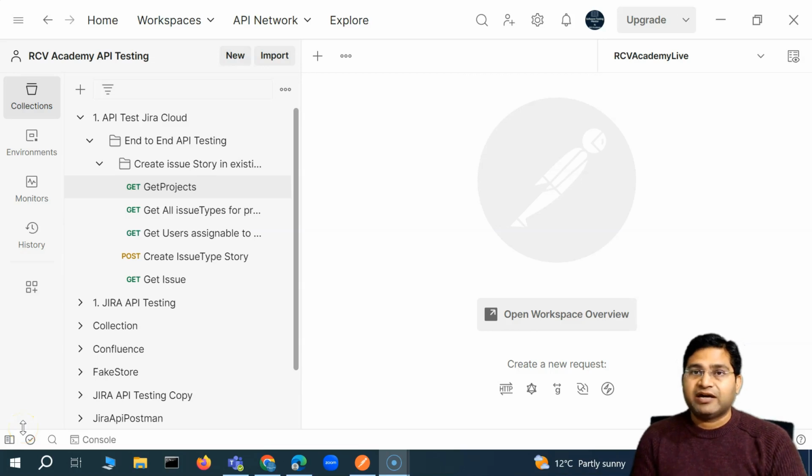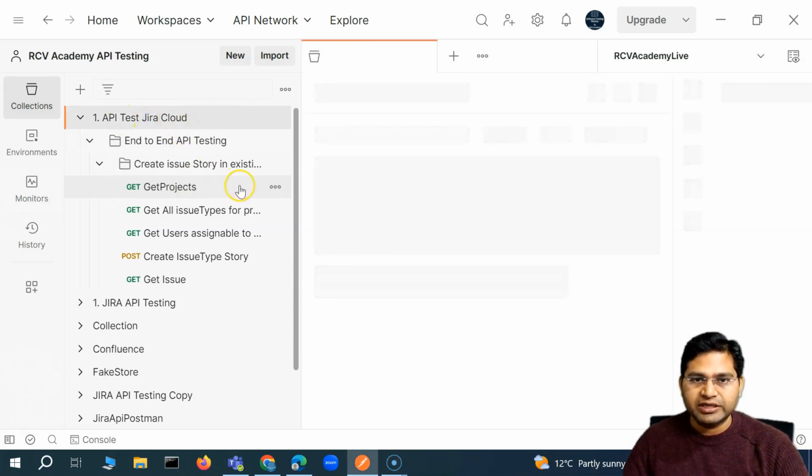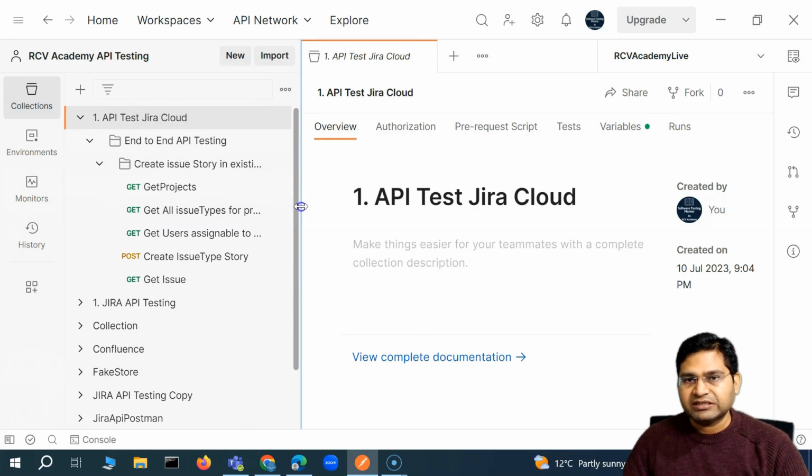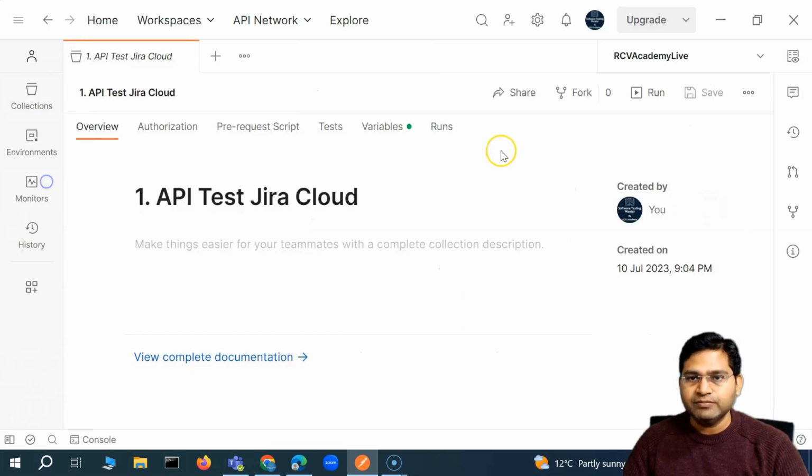Hey everyone, welcome back. In this Postman tutorial, I'm going to cover a very important topic about API chaining within Postman and the SetNextRequest method. Now, why do we need to understand this method? The reason being that till now what we have done is, say for example, this is our collection, and if I have to run this particular collection, I'll simply go to the collection,